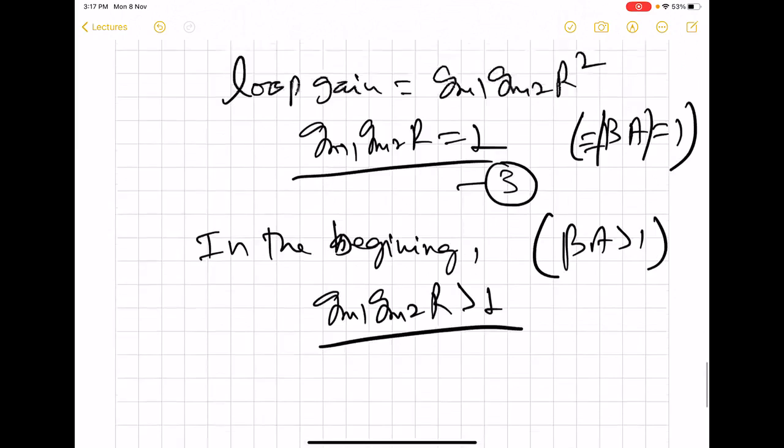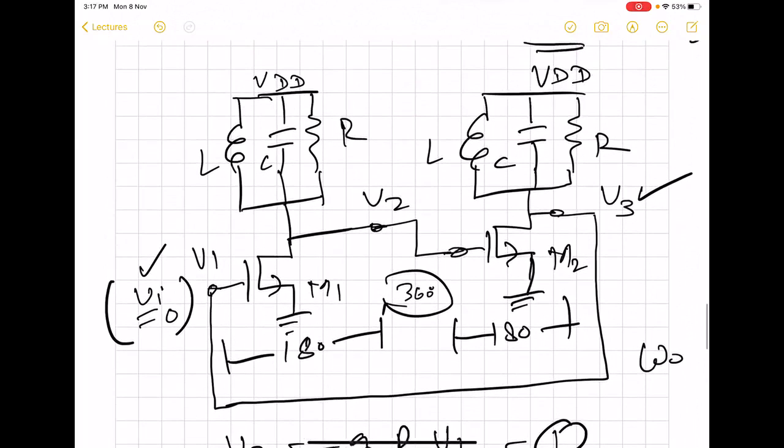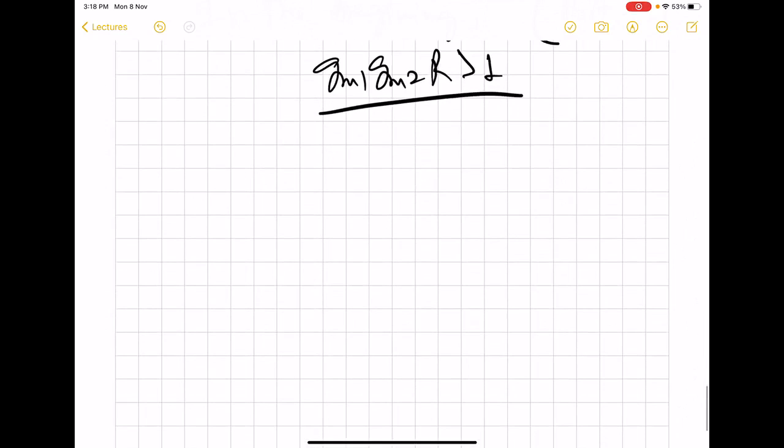So what we will have here is a time varying sinusoidal output, and recall here that because the inductor is connected between VDD and the drain, the DC voltage at the drain of both the MOS is going to be VDD. That means all these time varying voltages that we are going to see, V2 or V3, they are going to oscillate about VDD. So now if we show the